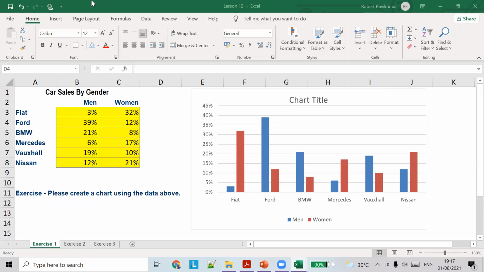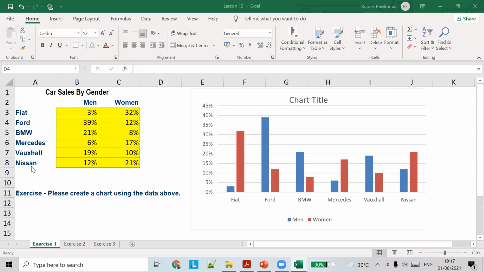So this chart is about car sales by gender. Here we have several car companies and who bought, and how much percentage of men bought and how much percent of women bought these cars. Based on this, you have to create a chart.